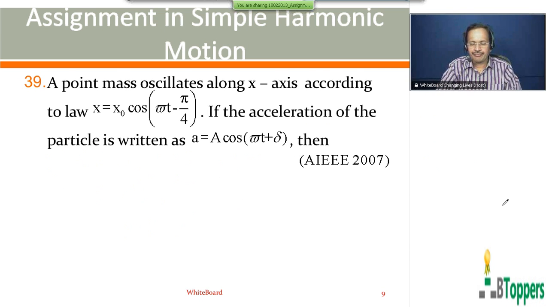See the question number 39. A point mass oscillates along x-axis according to the law x equal to x naught into cos of omega t minus pi by 4. The acceleration of the particle is written as small a equal to capital A into cos of omega t plus delta. Then,